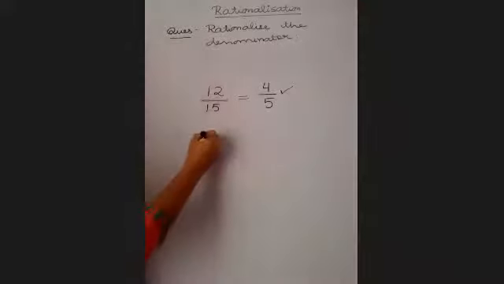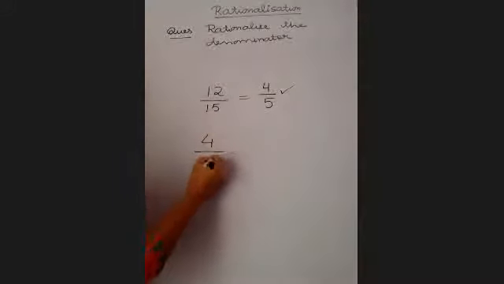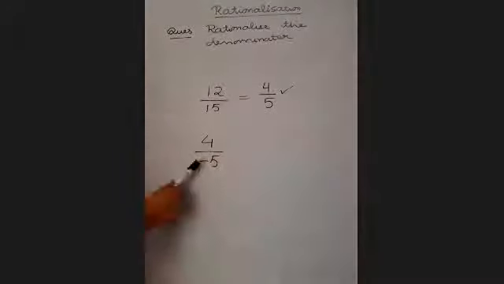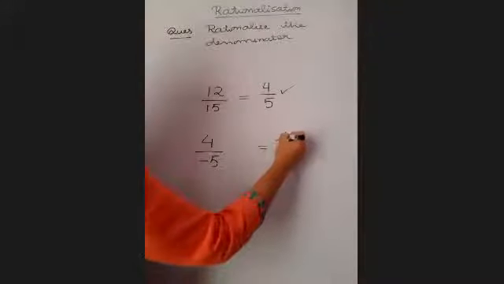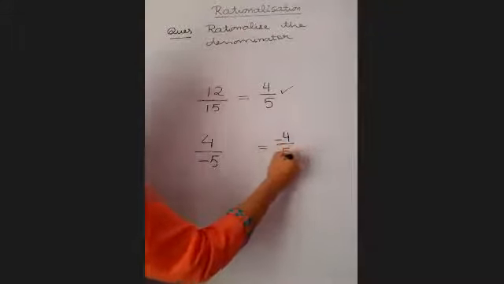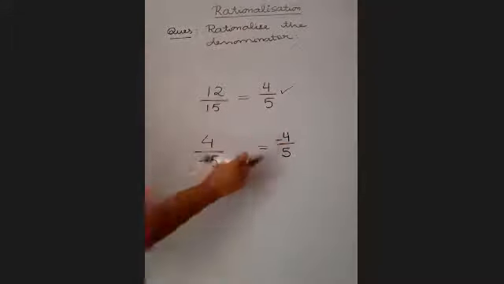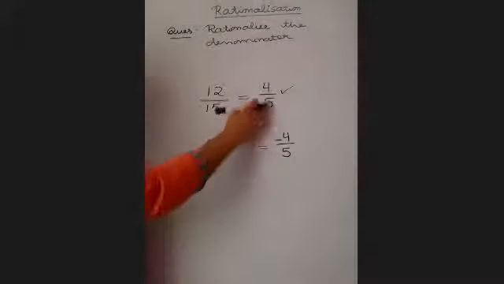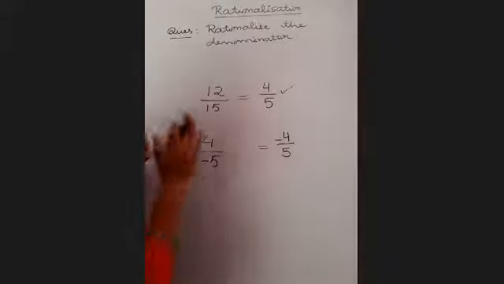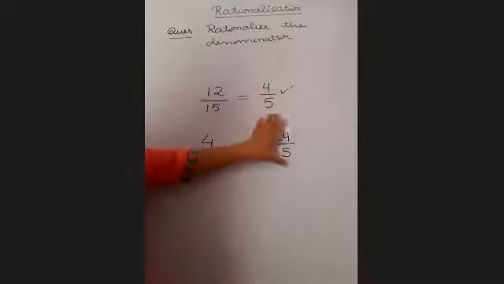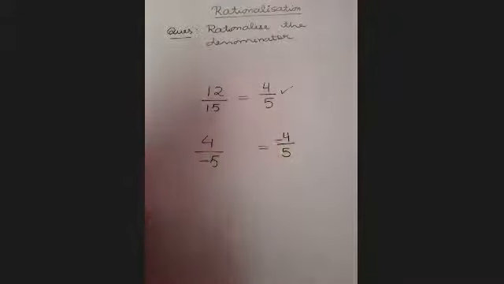Likewise, children, suppose your answer is coming like 4 upon minus 5. Are you going to leave it like this? No, ma'am. You will be writing it minus 4 upon 5. You will shift the negative sign to the numerator. And now these are the standard instructions. We don't have to tell you. You have learned this in lower classes and you know this is the standard format of representing the answer.